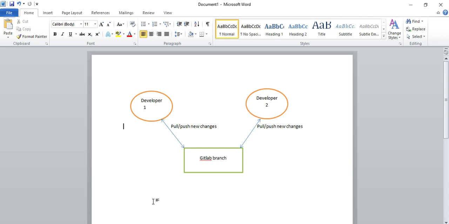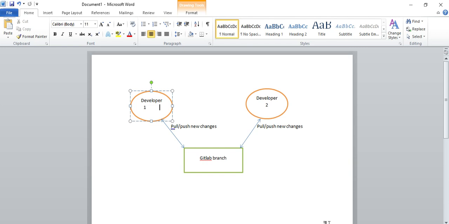See, in a large project, if you have 5 or 6 members in a team, and every developer is committing, pushing and pulling, I suppose, 10 or 15 times in a day. So what kind of mistake can a developer make often? For example, developer 1 has created some functionality and he has added 3 new files. Same as developer 2 has worked on some functionality and he has added a few files. But while committing the code to the GitLab branch, developer 1 might miss adding one file, and he has committed that code.